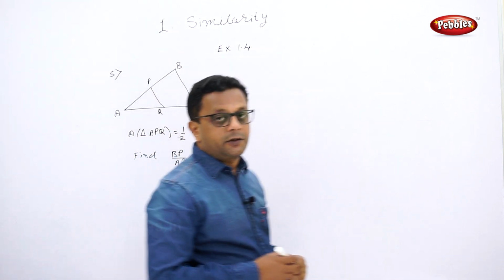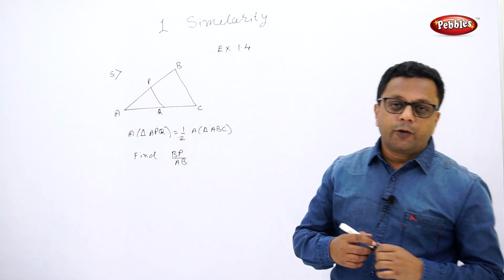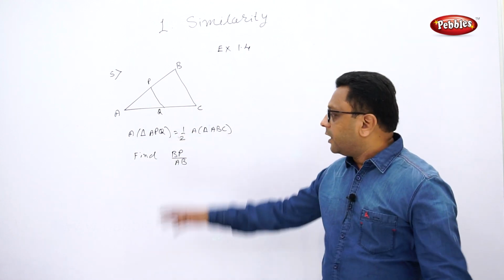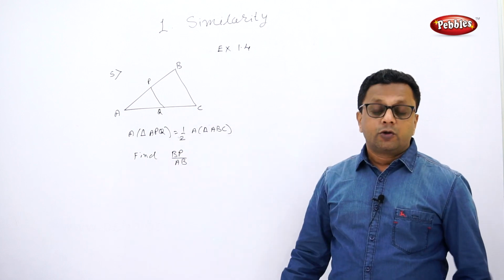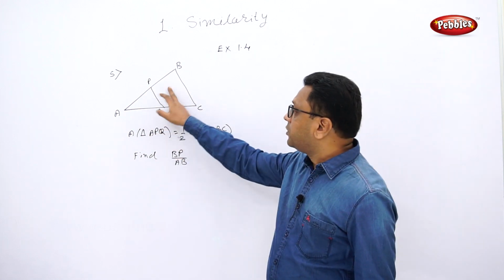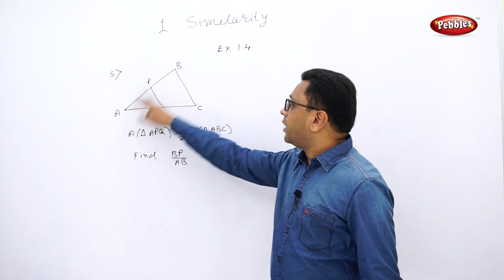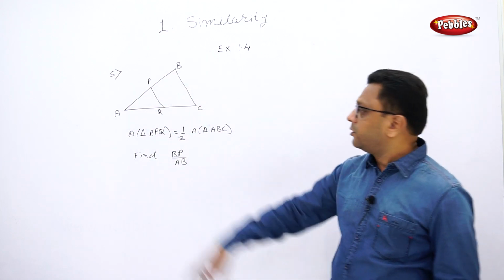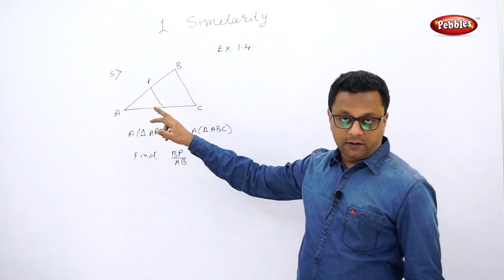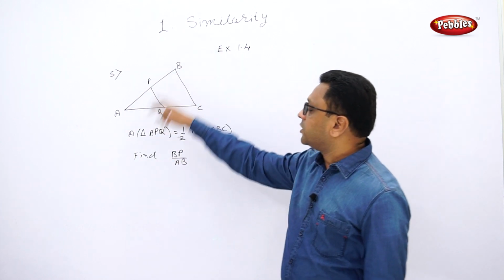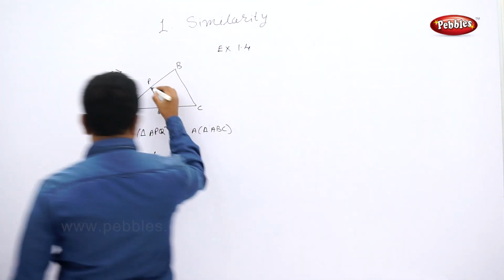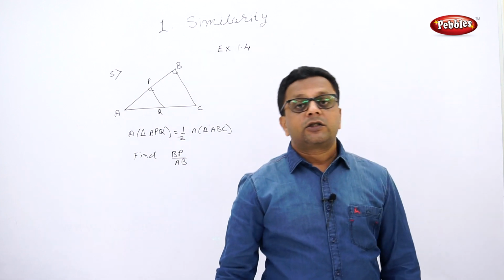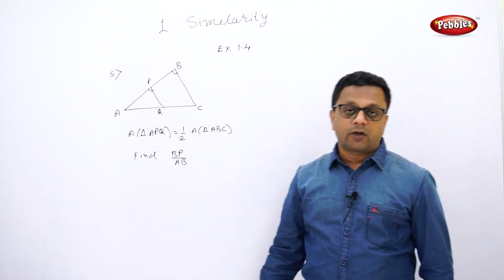Now how will you solve this? If you don't understand how to solve, first of all, this is the problem of similarity. Areas of triangles are given in ratios. So first of all, we will prove that these two triangles APQ and ABC are similar triangles. How will we solve this? Very simple. These two line segments are parallel, AB is a transversal. So these two angles are congruent. Angle A is common. So by AA test of similarity,